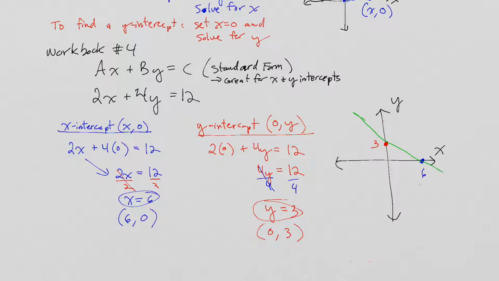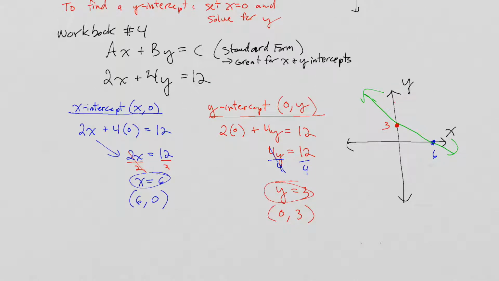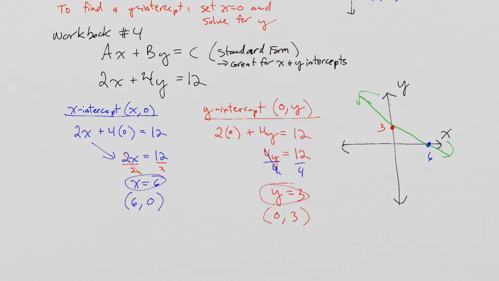And you just connect the dots. Okay? So, when you see it like this, it is a great way to quickly find two intercepts and graph them on the line. I'll graph them and make a straight line. Okay, so if you want to apply this for workbook